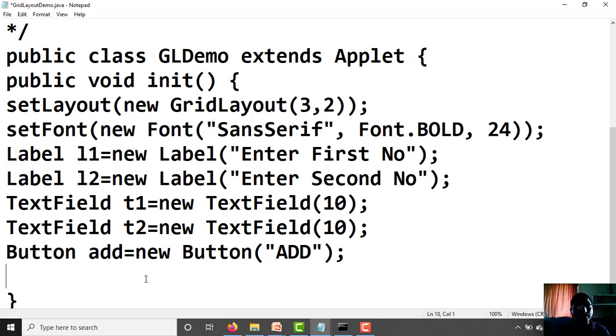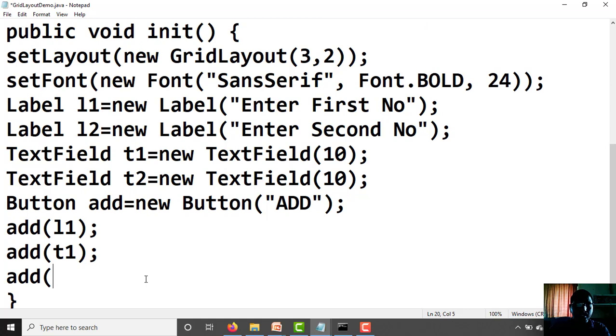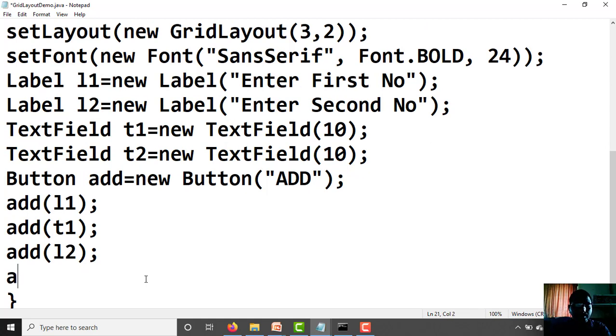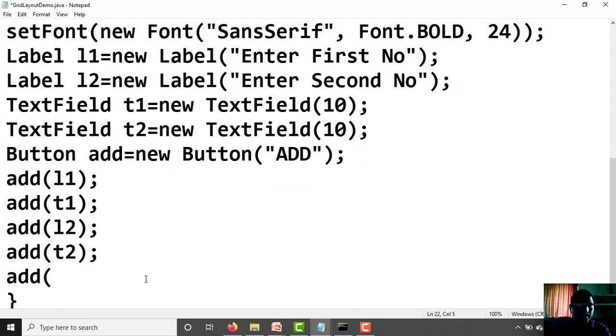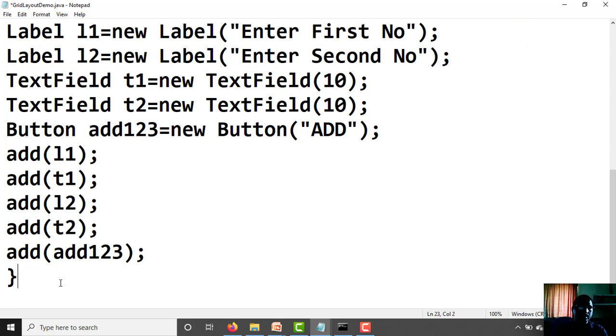After creating these controls, we need to add these controls to the window. The sequence of this syntax is the add method: add L1, add T1, add L2, add T2, add button name, caption add 1 2 3, object name, control, like this.